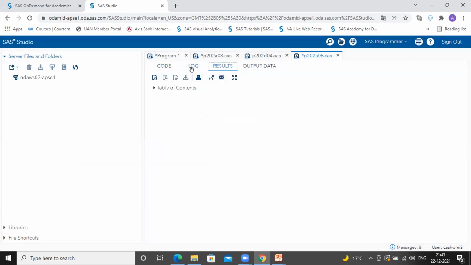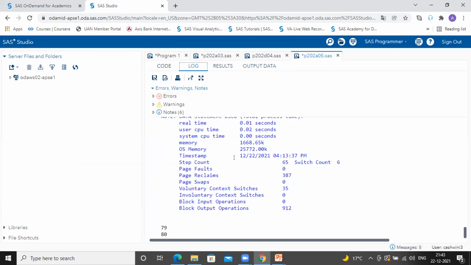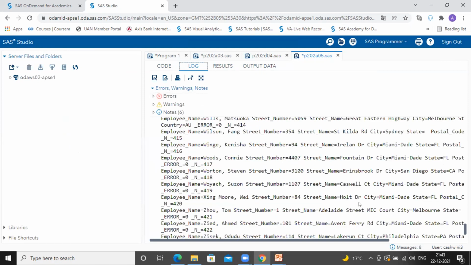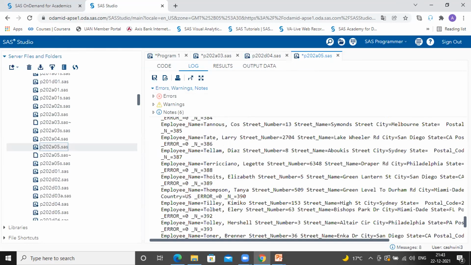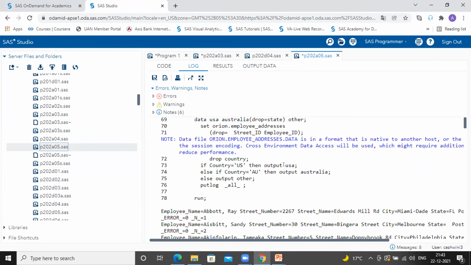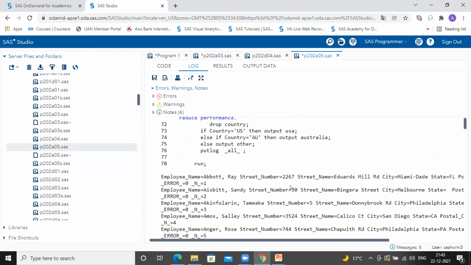It will show you all the variables in the background during the execution phase, how they are being processed. Now moving ahead, let's understand how it's shown in the log. See, your input data has 424 observations and 9 variables. These are all the variables. This is actually the contents of the PDV.